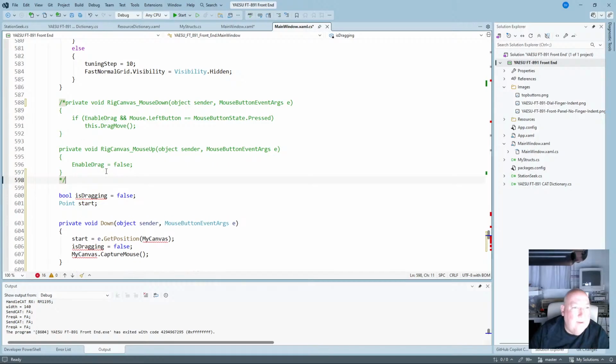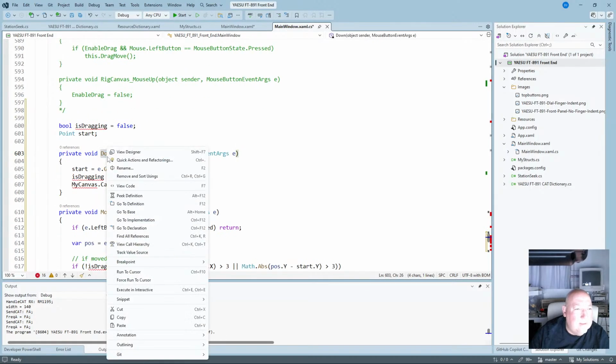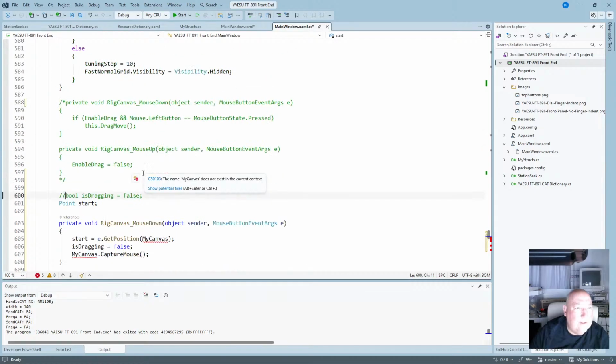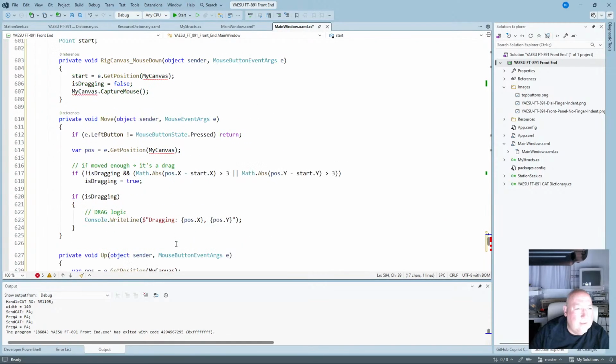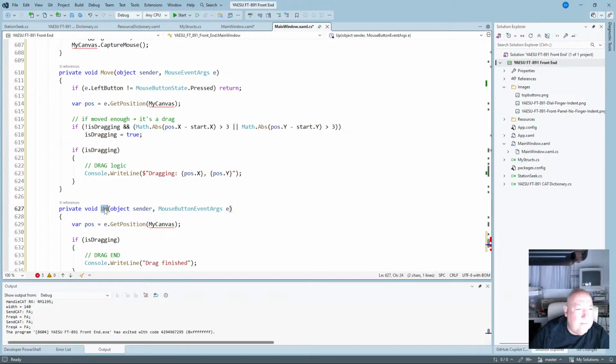Right, and we've got to rename the mouse down. It's already been defined, has it? Okay, so I'll just get rid of that a minute. And we want a mouse up, mouse down, mouse up,